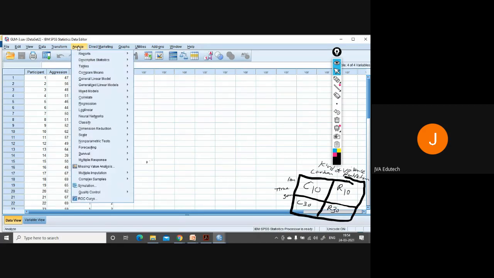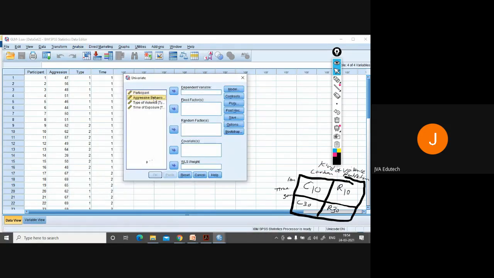So go to Analyze. We will perform two-way ANOVA, generalized linear model, univariate. Now the dependent variable is your aggressive behavior. Fixed factors are type of violence, that is cartoon versus real action, and time of exposure, which is 10 minutes and 30 minutes.